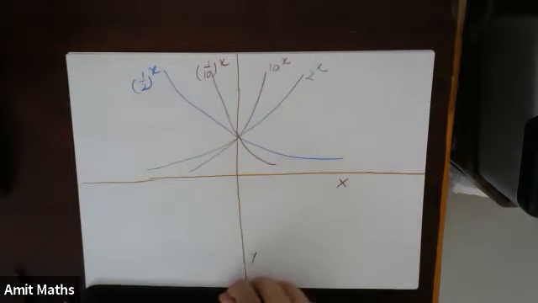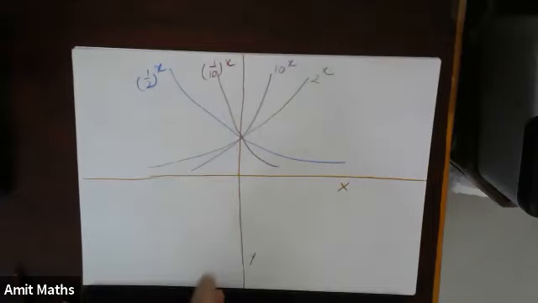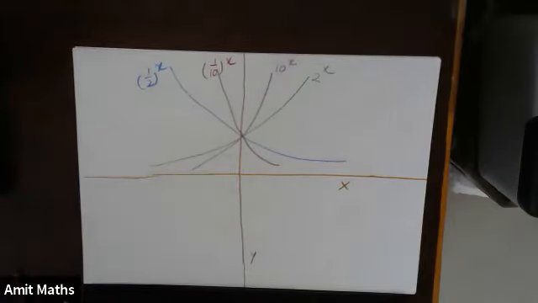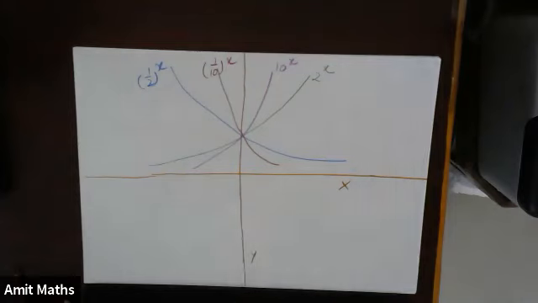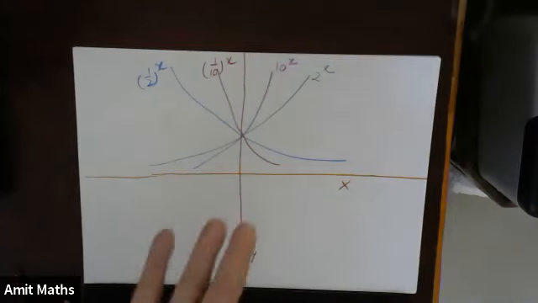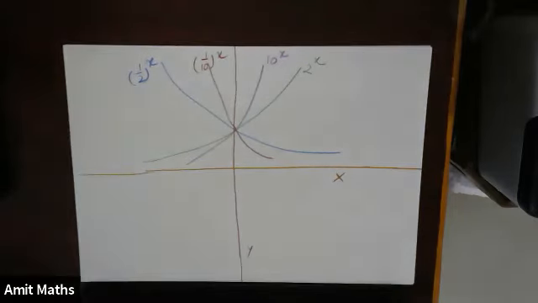Okay, so these were the 4 different functions, 4 different graphs for weak base, strong base, for weak exponent, and for strong exponent. I want you to draw these graphs once again as homework, and see if you can remember this or not. The best way to remember is take any 3 or 4 points for exponent and log functions and use those points to plot the whole graph. If you have plotted 3 points, I think you can remember how the graph will look.